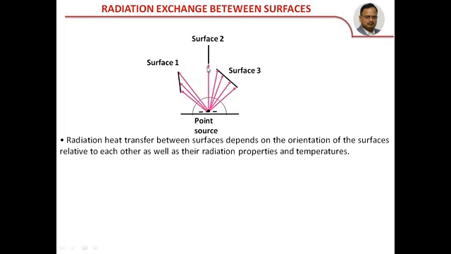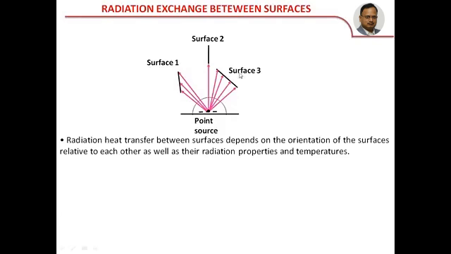For example, if you see here, the surface 2 is vertical, it receives minimum amount of heat from the point source, whereas the surface 1 receives maximum, a little more or a little less than surface 3, and more than 2. So the radiation heat transfer between the surfaces depends on the orientation of the surface